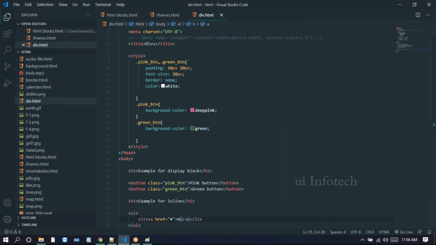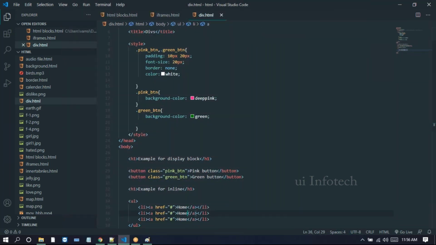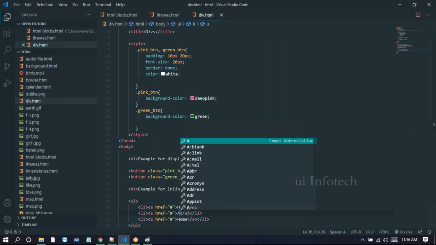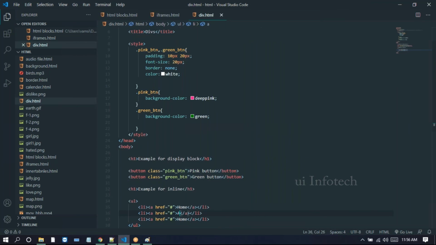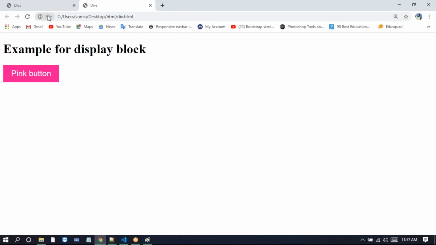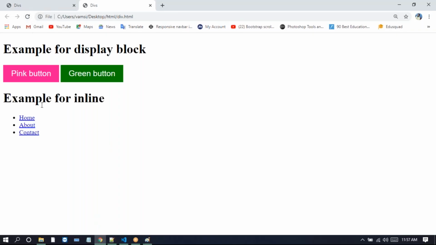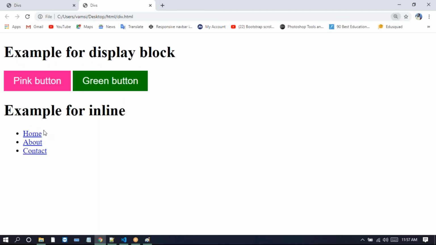So I'm taking an anchor tag and writing Home, the home component. I copy this, take two more copies, and write About Us and Contact Us. Now we can refresh the browser.